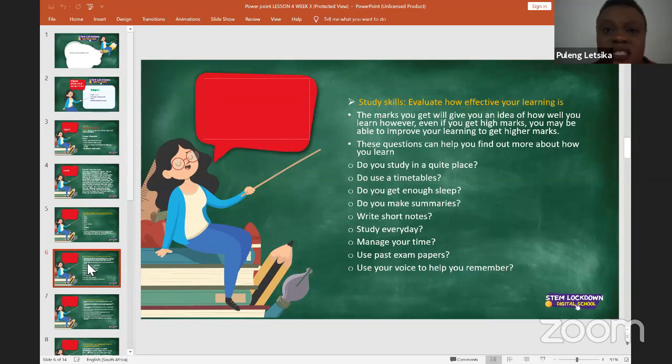I know this is a complex one because some people don't really have a choice. They live in homes where there are lots of people in the home, other siblings. The house might be small. You might not be privileged enough to have a study table and a chair. So what you can do is just make time for studying and ask your parents and the people that you're living with for a study time, and say maybe organize that